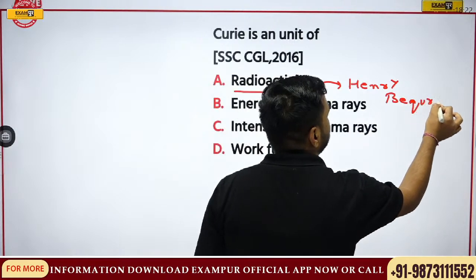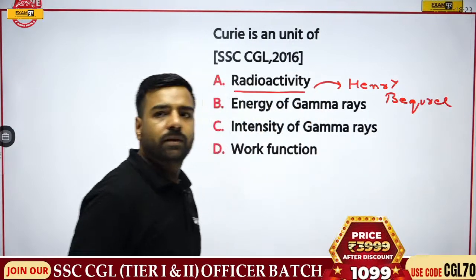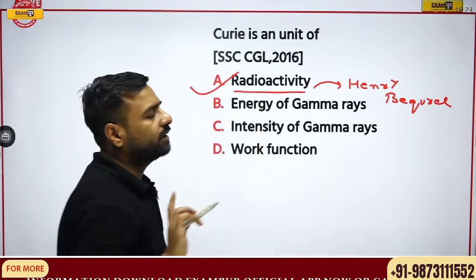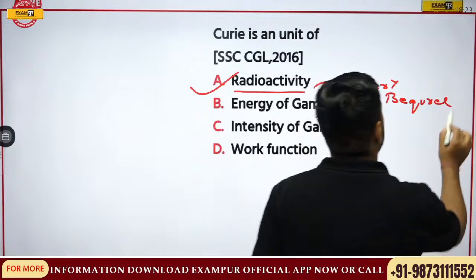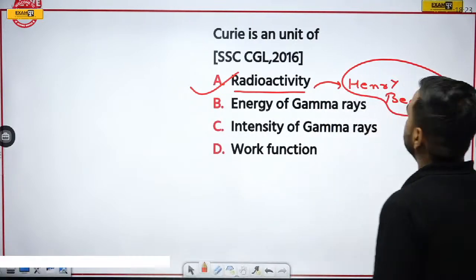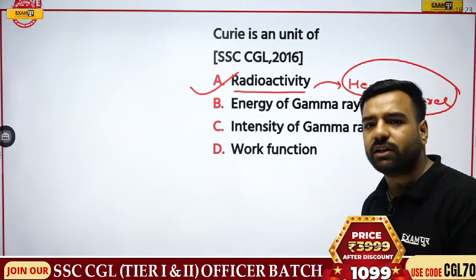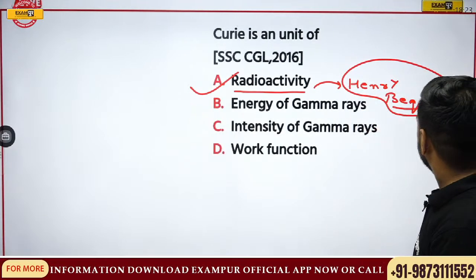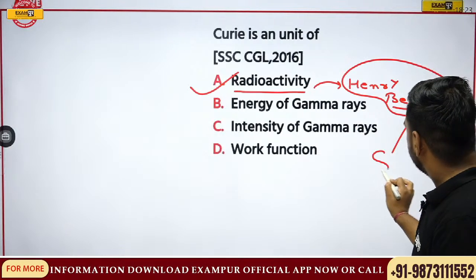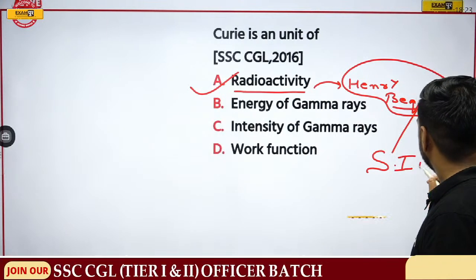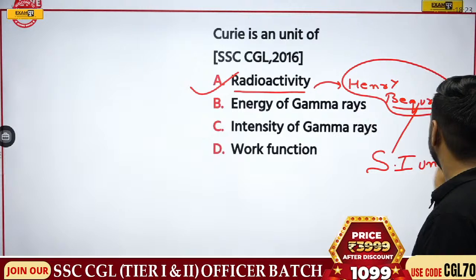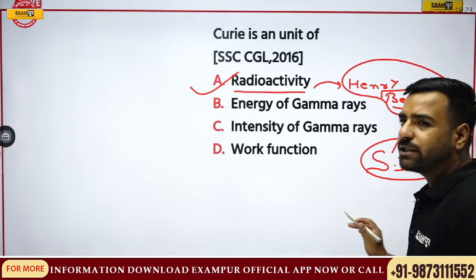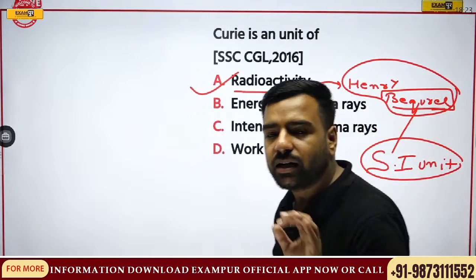Ganesh, totally correct. Radioactivity is the correct answer. But the important thing which I want to explain is, Henry Becquerel was the one who gave this concept of radioactivity, or we can say discovered the concept of radioactivity. So from a surname itself, we get its SI unit. Now this is important. Please remember, if I talk about the surname, only Becquerel. So Becquerel is actually the SI unit of radioactivity, but other units are Curie and so on.